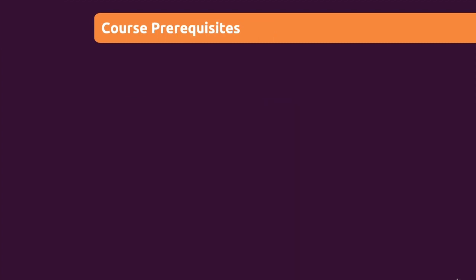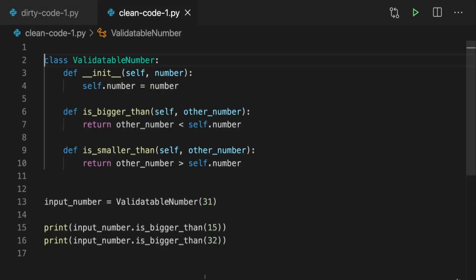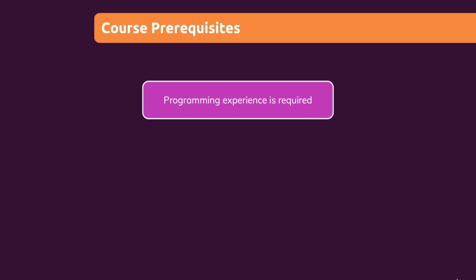So up to this point, this hopefully all makes sense. However, you might be wondering which programming language we're actually going to use in this course. In this first example, which we transformed from dirty code to clean code, I used Python as a programming language. And indeed, you will need some programming experience, not with Python though, but in general. It does not matter at all which programming languages you are using in your projects and which other courses you are taking, but you need some basic programming experience to get the most out of this course.